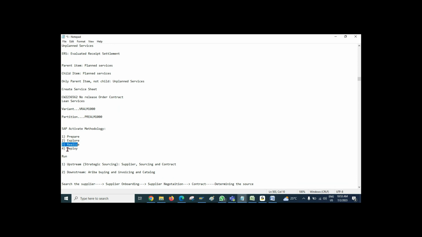So overall, I mean to say, at this moment we have to become an end user and talk to our customer simply as an end user. We don't have to talk about any technical things. We'll only talk about the end user part. Once you have this customer requirement information, then we have to move to the realize phase. The realize phase covers the configuration and the testing part. So whatever requirement you receive from the customer, based on that we go to the realize phase, perform the configuration, and then do the testing.